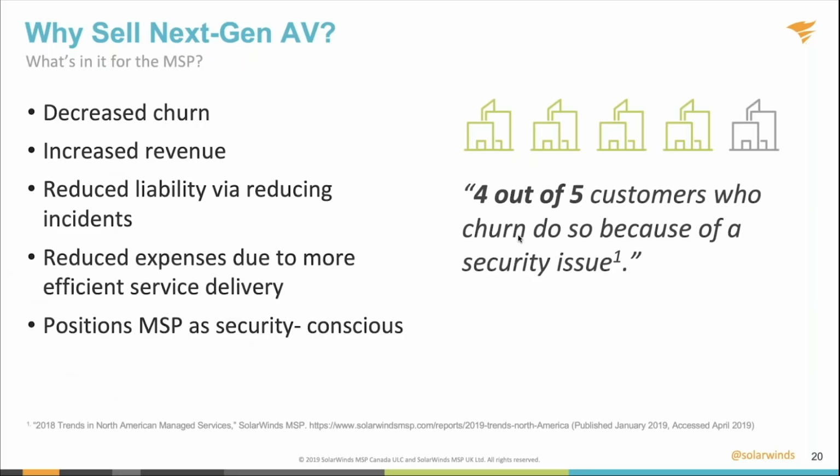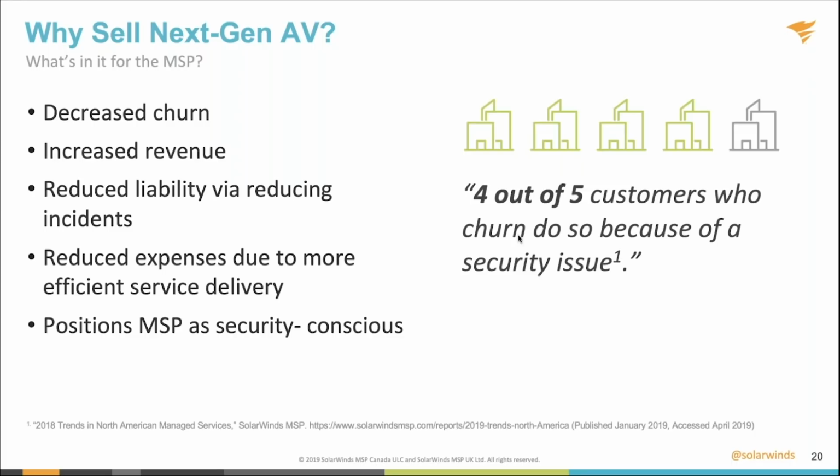So why should you as an IT service provider or as an MSP sell next-gen AV? Well, the most important one probably right now, because security is such a big thing, is decreased churn. The statistics that we have show that 4 out of 5 customers who churn from an MSP do so because of a security issue. Even when the security issue was not your responsibility because maybe they opted out of what you recommended they get and that's why they were infected, they're still going to look to you, and that's going to cause some friction between you as the IT service provider and the customer,